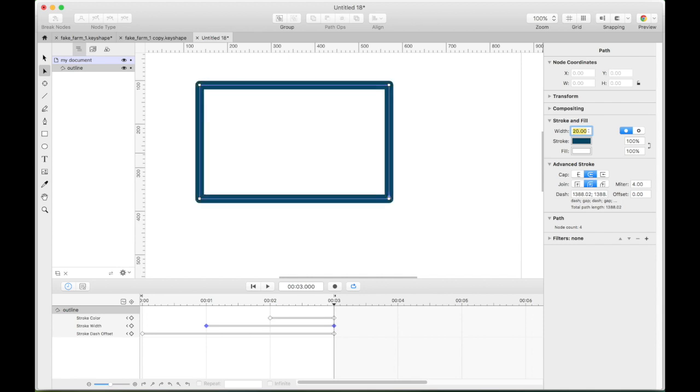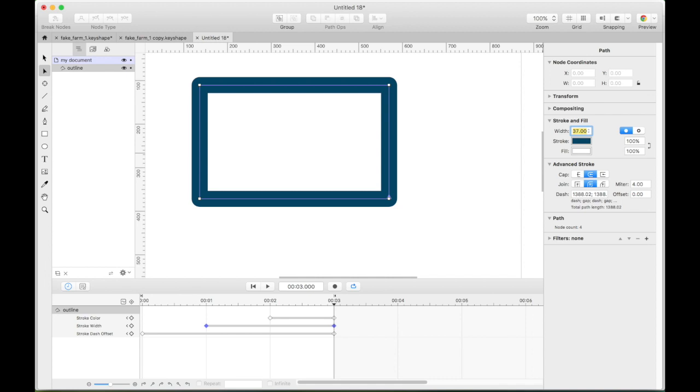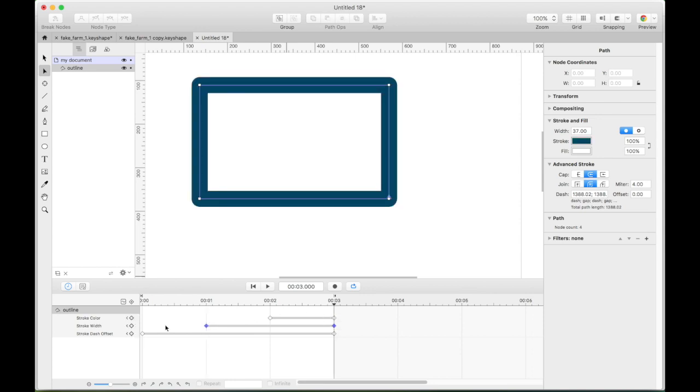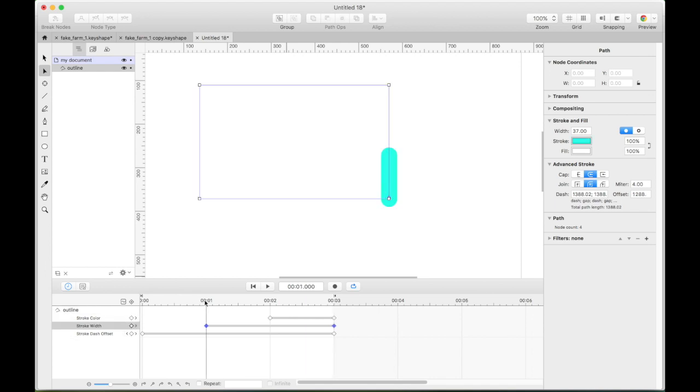There we go. We're watching it get to it, and just for dramatic effect, I'm going to go to 37, so it doesn't make me a liar. And here we go again. Oh, so it's starting at 37 again. Now, I'm going to go back to 1. There's 7, and I'm clicking on stroke width, and I have the timeline on the node, and I'm going to click 7 right here. So hopefully that will do the trick.